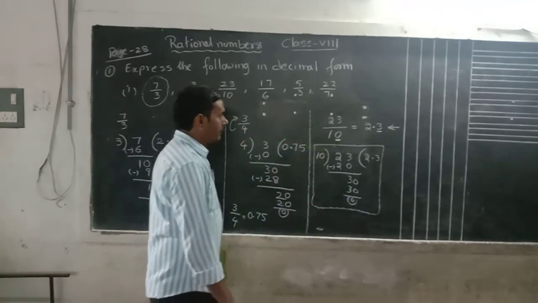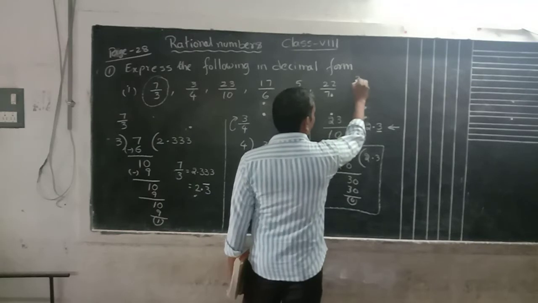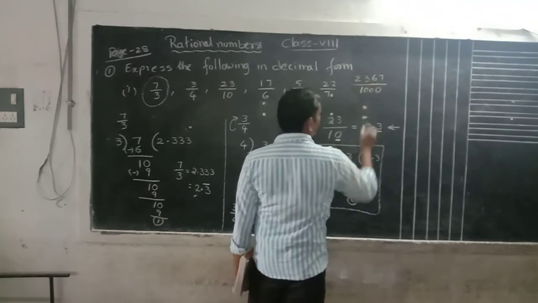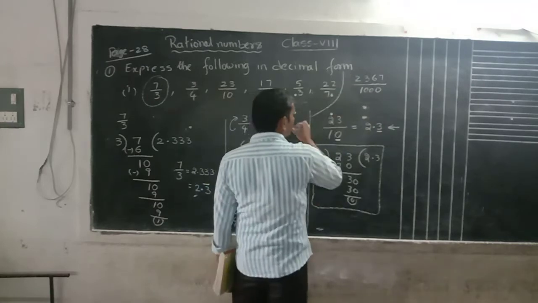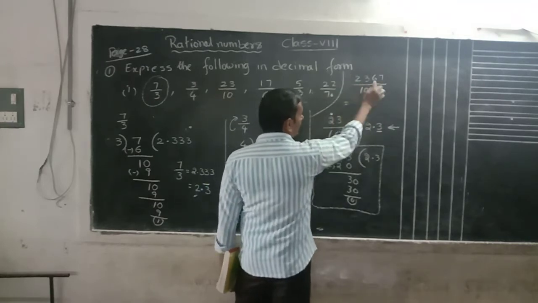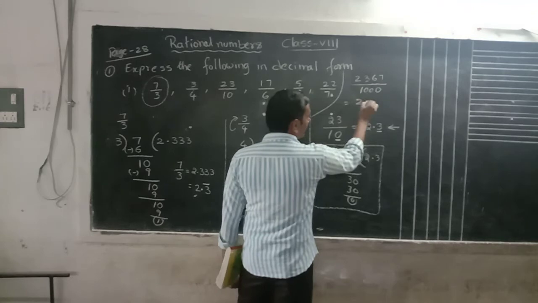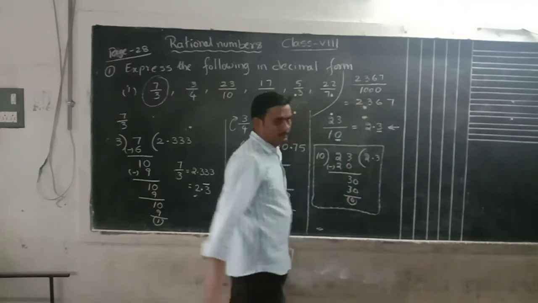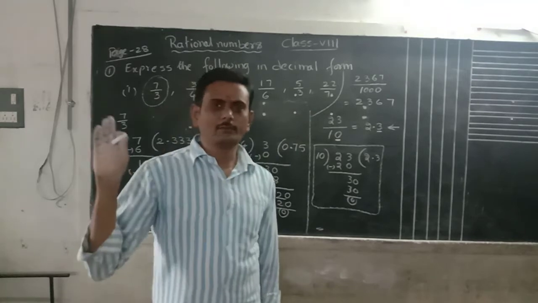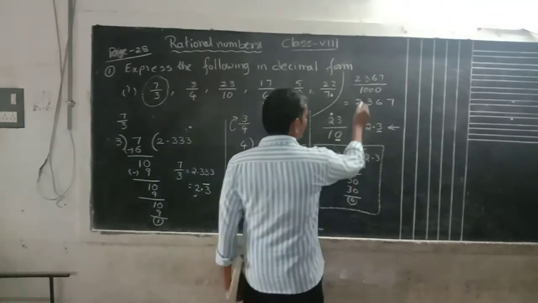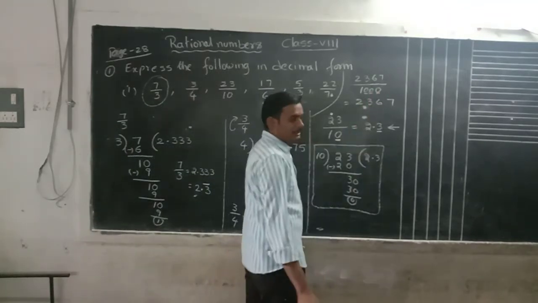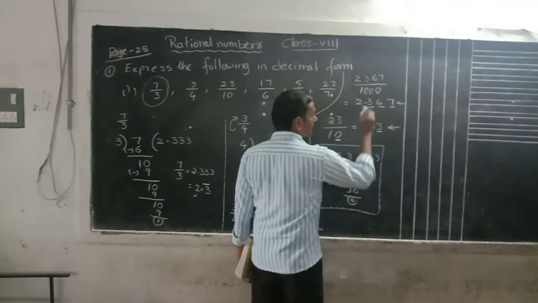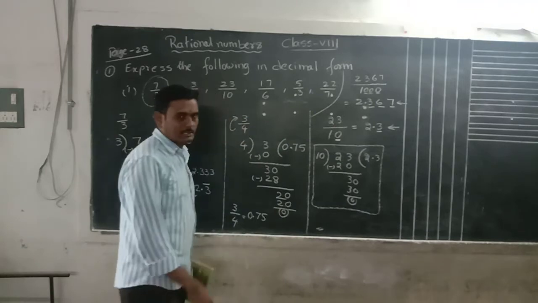Okay, if you take one more sum here, 2367 by 1000. What is the decimal form for this one? Okay, then 2367 only we will get. There are zeros after the 1, which means very easy division. How many zeros are there? 1, 2, 3 zeros are there. That means from the right side we have to count 1, 2, 3 digits, and before the 3 digits we have to keep the point. Okay, that is the solution.